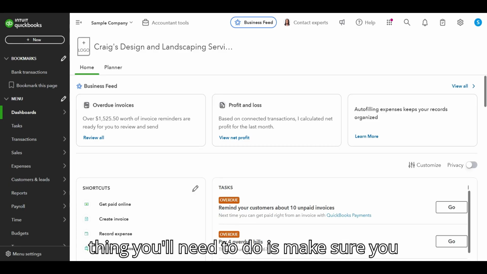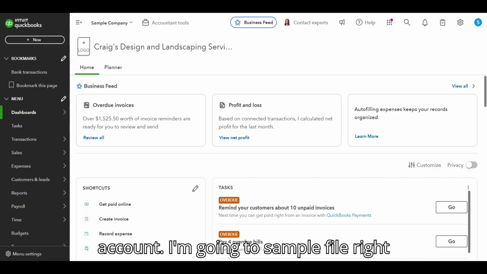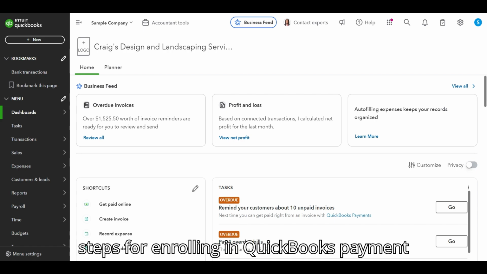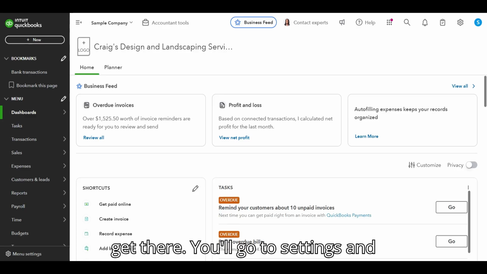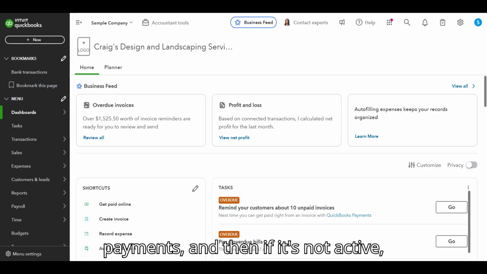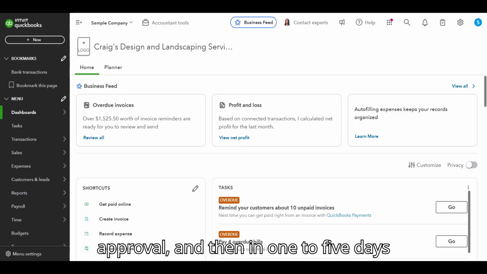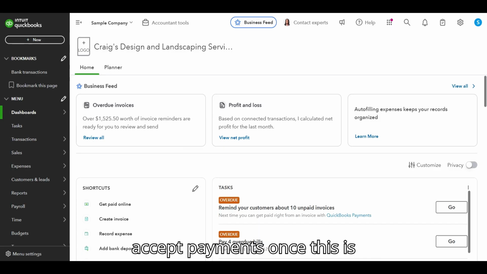So, the first thing you'll need to do is make sure you have an active QuickBooks Payments account. I'm in a sample file right now, so I'm not able to show you the steps for enrolling in QuickBooks payment accounts, but I'll just tell you how to get there. You'll go to settings and payments, and then if it's not active, just select set up payments. You'll provide some business details for approval, and then in 1 to 5 days, you should be approved and be ready to accept payments. Once this is set up, you will go to transactions,